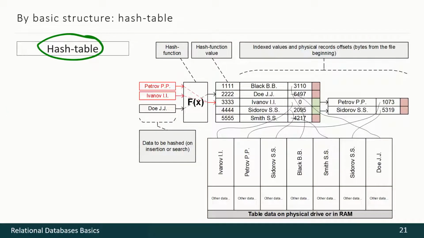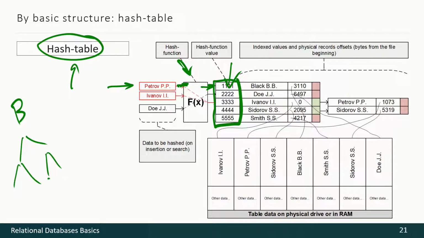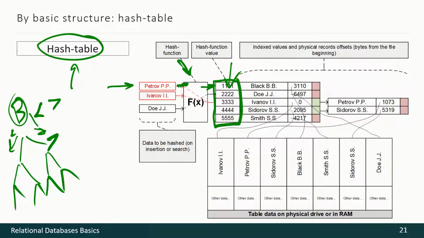Hash table indexes are based on some hash function. So indexed value is coming into that hash function, then a hash comes out, and the hash values are used to create the whole index. We may compare hash table based indexes with balanced tree indexes. As long as balanced tree is a tree, indeed, balanced tree indexes are good for such operations as less or more, because when we go left, it's less, when we go right, it's more. So B-tree indexes are good for such operations.